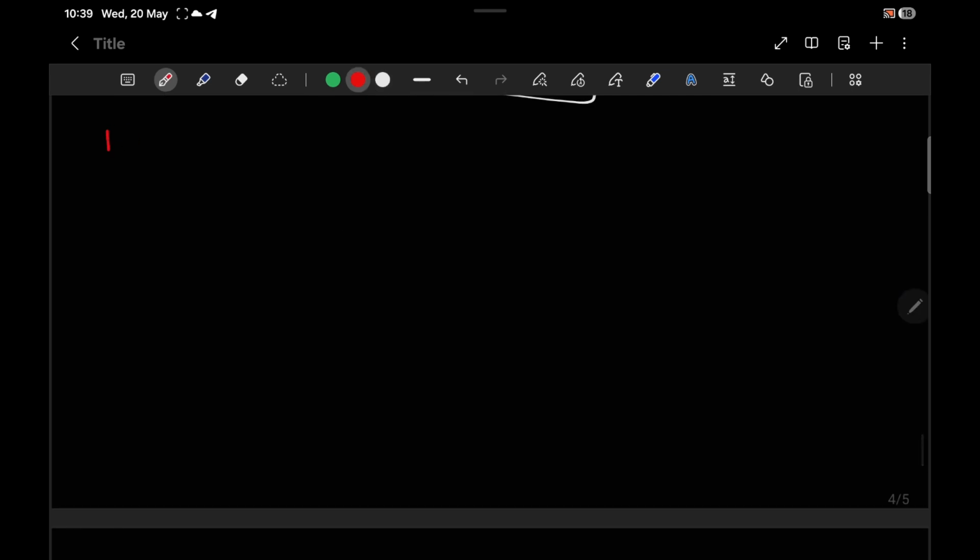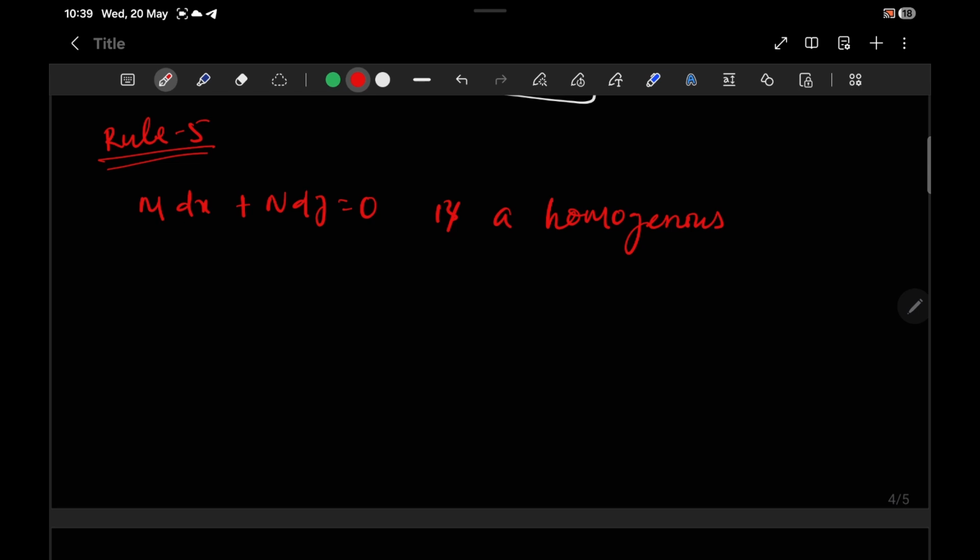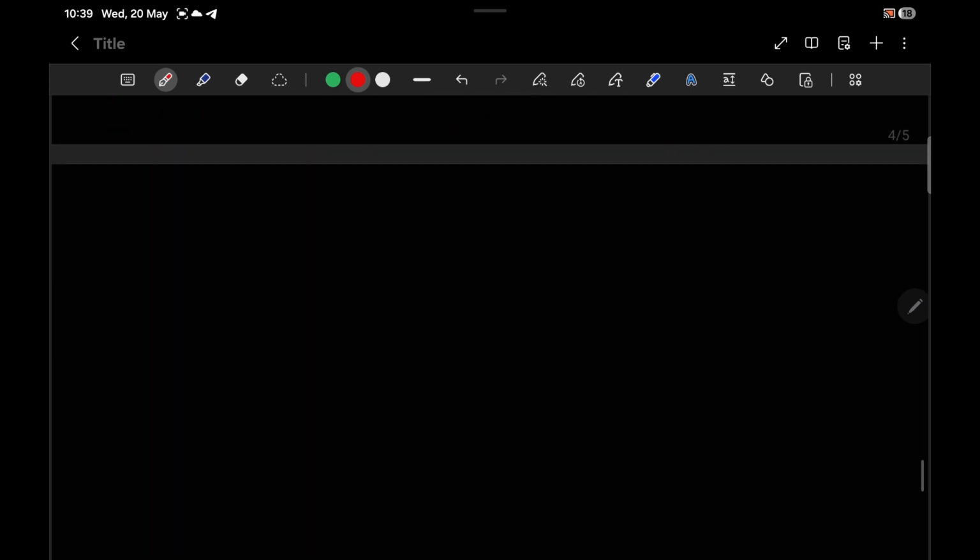And finally we will go to rule 5, which says if the equation is in the form M dx plus N dy is equal to 0, is a homogeneous equation and Mx plus Ny is not equal to 0, then the integrating factor becomes 1 by Mx plus Ny. We have studied Mx minus Ny. Here it is the case of Mx plus Ny. So let's take an example,